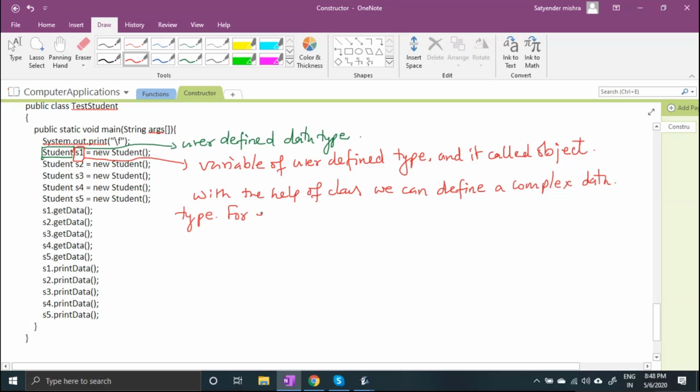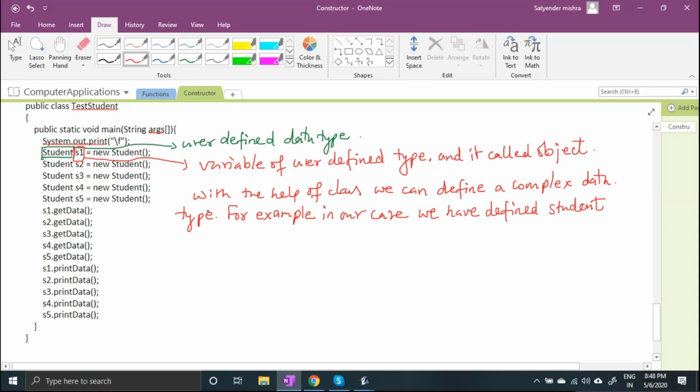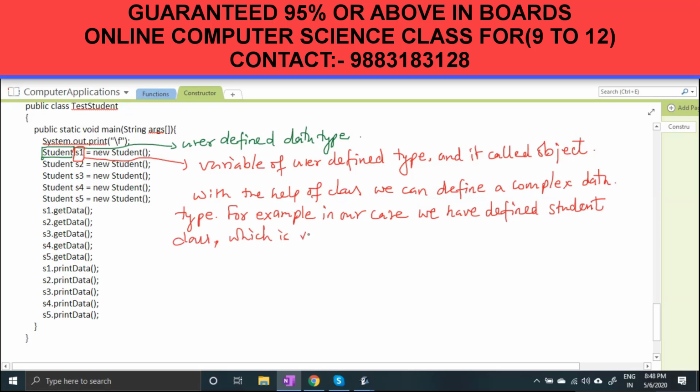For example, in our case, we have defined the student class, which is very close to a real life object.